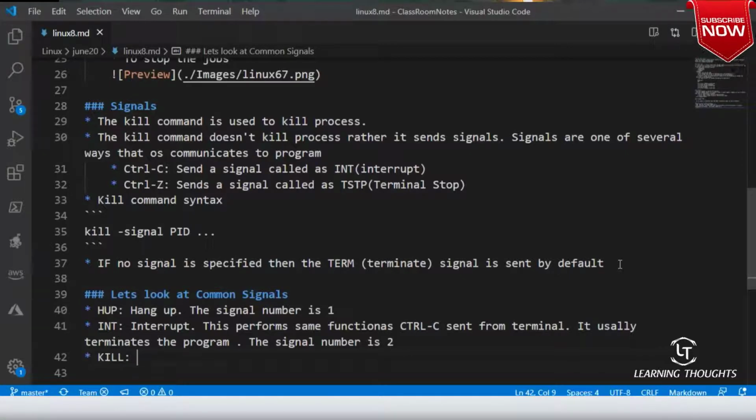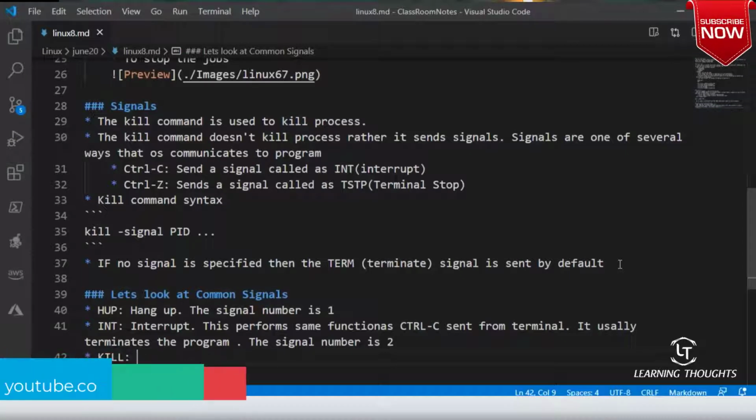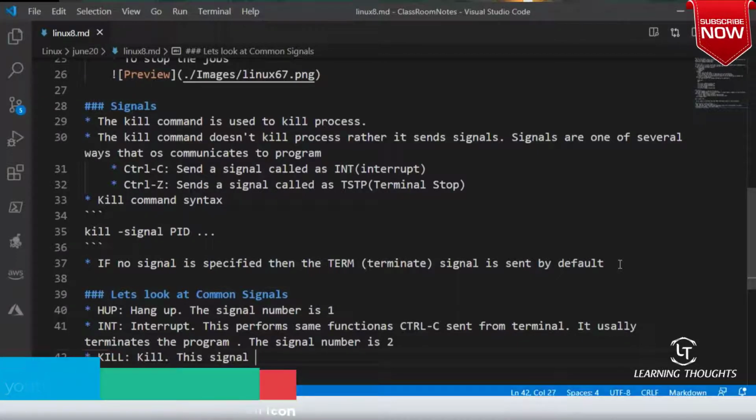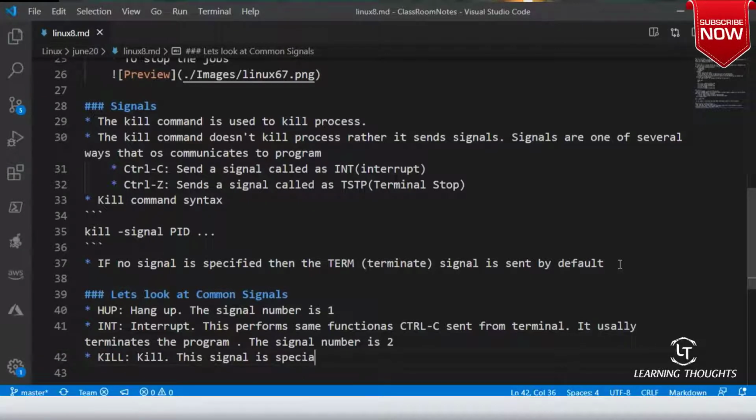And then kill. The kill signal will also be specified. This is a different, special kind of signal. What will this signal do? It will kill. This signal is special actually. Why is it special?